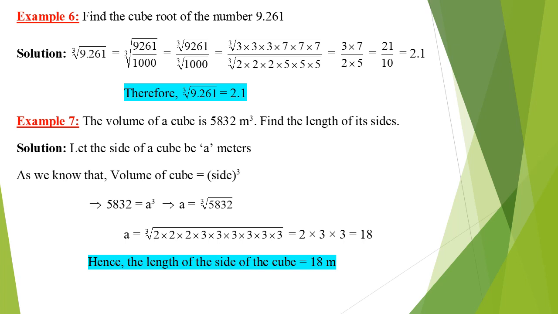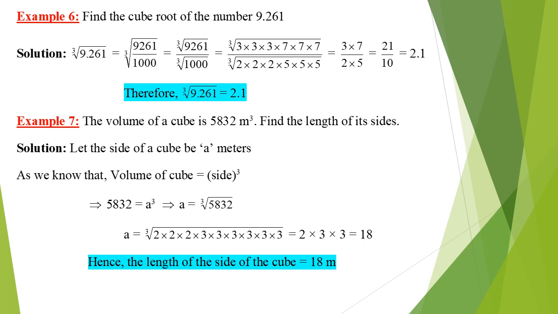Therefore, the cube root of 9.261 is equal to 2.1. Now, children, we have one more example which says the volume of a cube is given to you, which